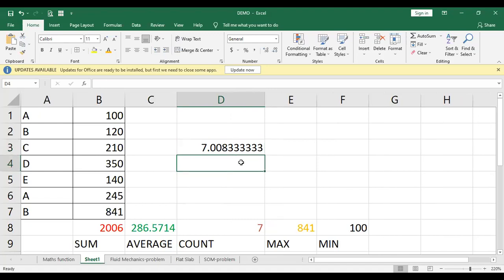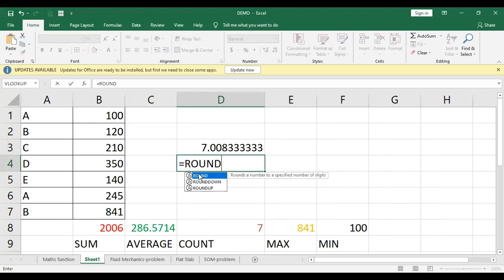So either you can go ahead with the round command. So here itself, click round, then click on this number, comma, how many number of digits you want. Suppose you want only one.